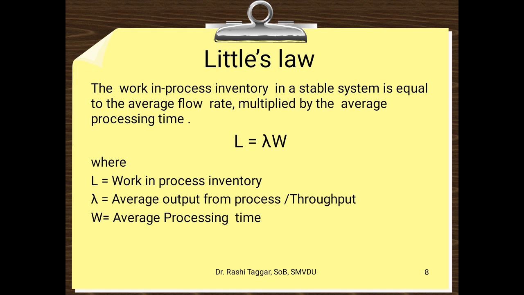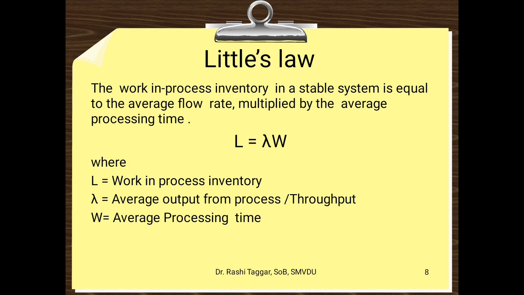So work in process inventory, if we want to determine that level, the amount of items which are there in work in process, if we have the values of throughput or average processing time, we can calculate that. Now, using this equation,